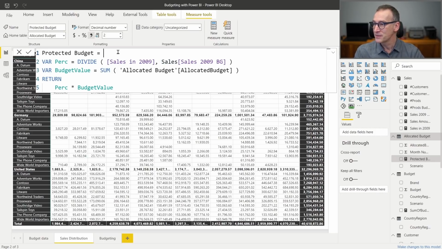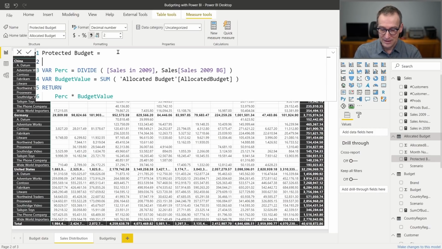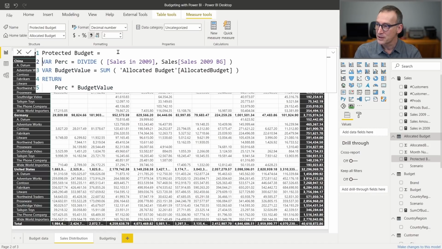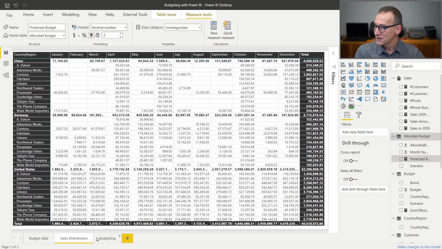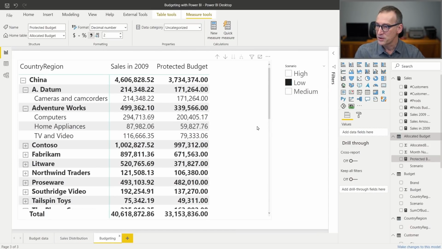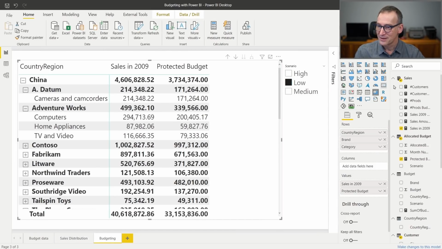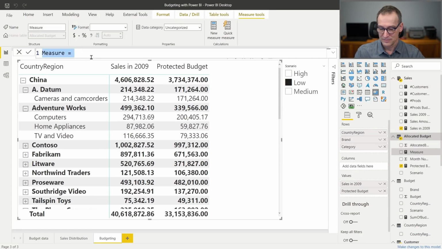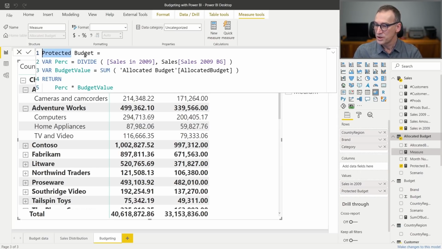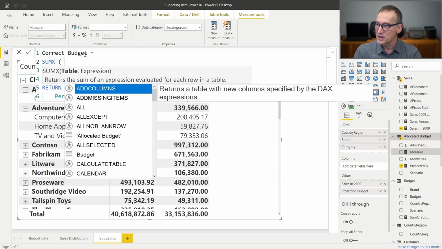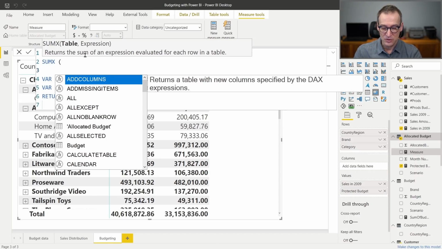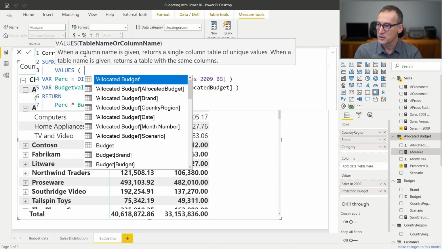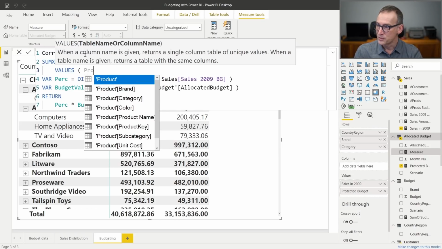What I need to do is force the calculation. Let's do that with another measure. Let me go back here. We have the protected budget. And let's create a new measure, which we call the correct budget. Correct budget needs to iterate over values of product brand,